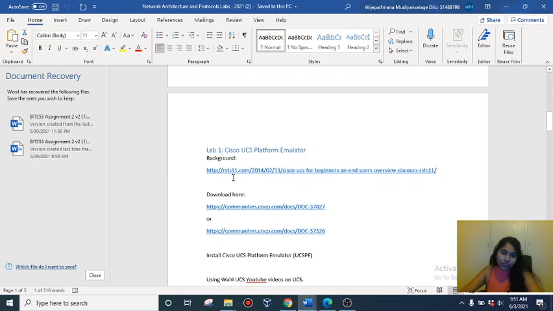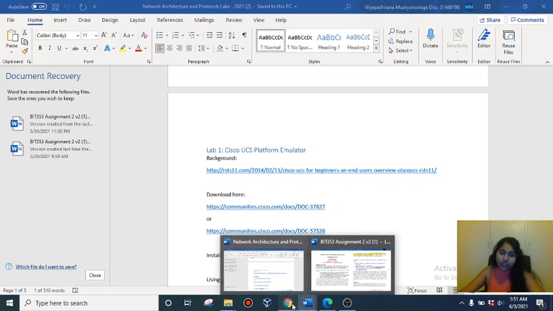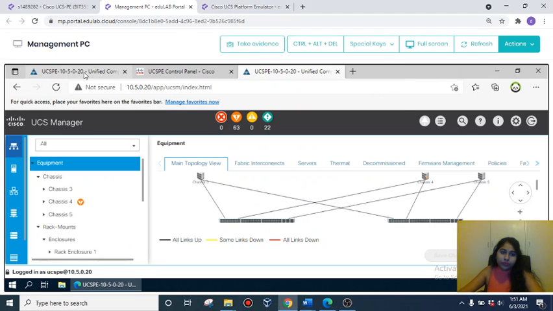I need to log into this Cisco UCS platform emulator, but I didn't download that image file from the link given below. Instead, I used the EduLab platform for that. So I'll go to the EduLab platform,